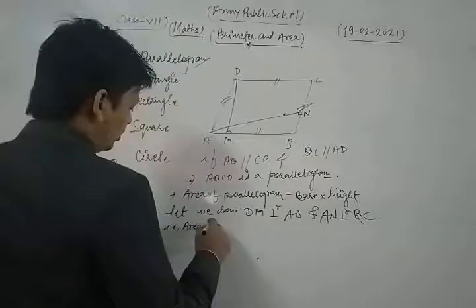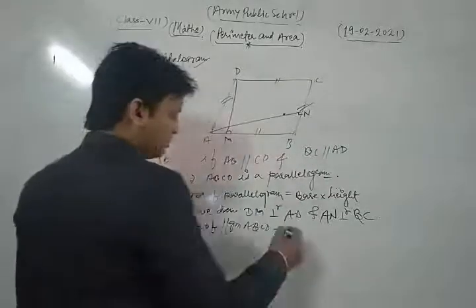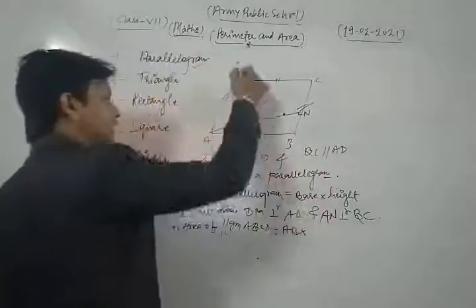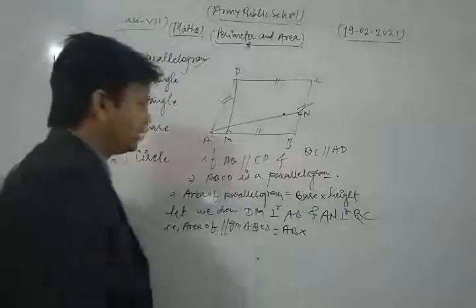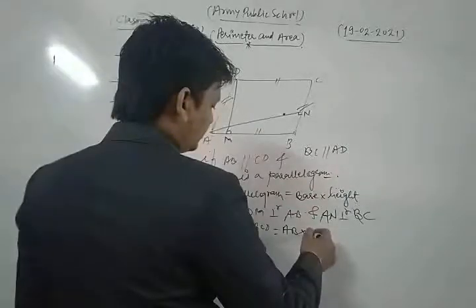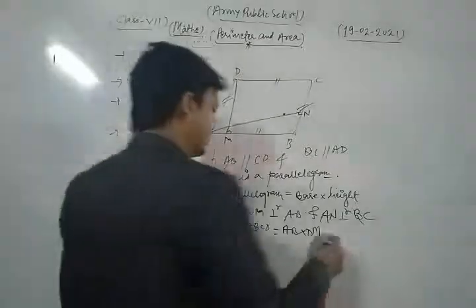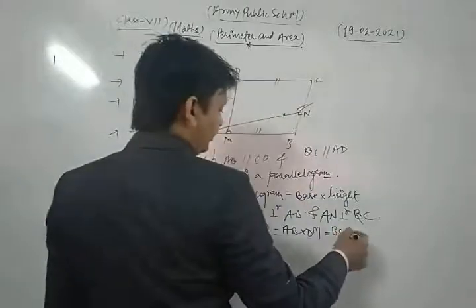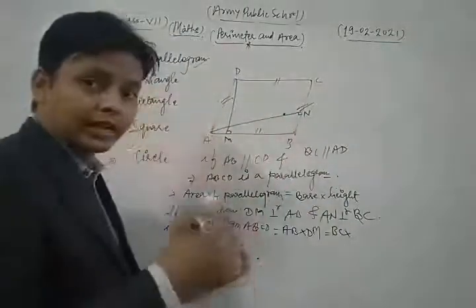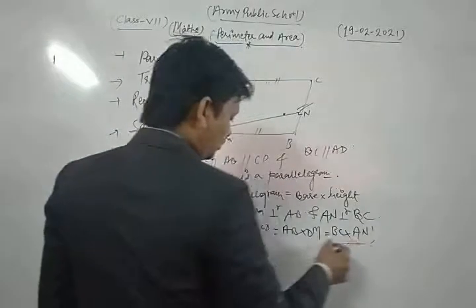That is the area of parallelogram ABCD. Dear student, if we take AB as a base, then we take DM as the corresponding altitude or height. Okay, so AB into DM. This is the formula for area of parallelogram, that is base into height. As well, if we take BC as a base, then we take AN as the corresponding height, means BC into AN. So both are equal to each other. Both are the formula for area of parallelogram.